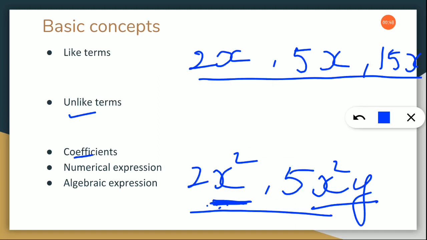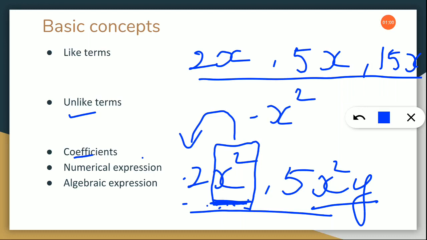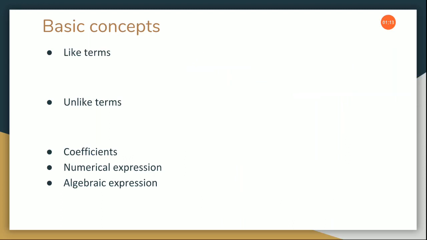Yes. Now, this x square is the variable here, and whatever the value it has, we call it as a coefficient. So, the coefficient of x square is 2. And suppose if it is like this, what is the coefficient of minus x square? It has minus 1 as its coefficient. Okay, the value carried by the variable is called as a coefficient. Is it clear, children?